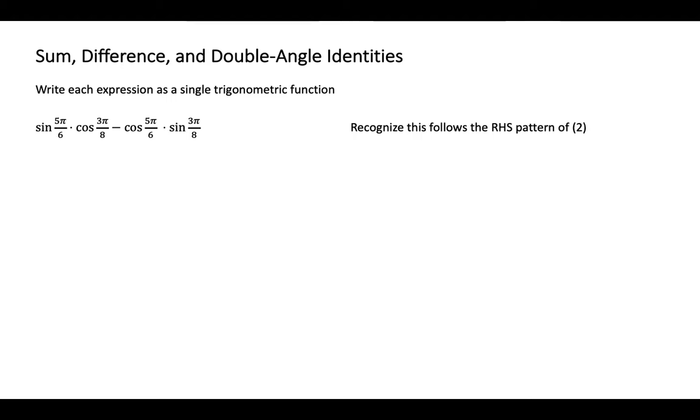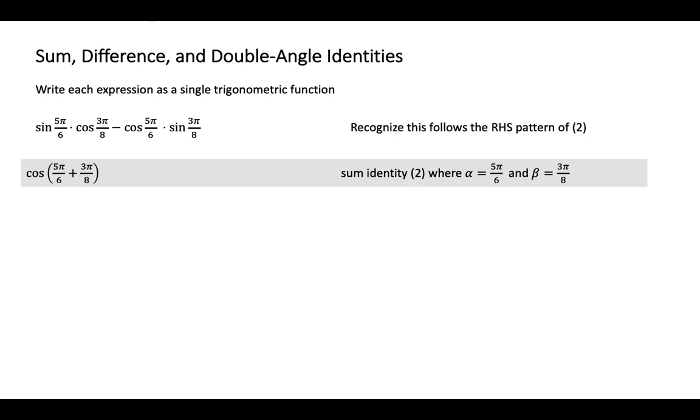So we recognize that this follows the right-hand side pattern of identity number 2. So therefore, cosine of 5 pi over 6 plus 3 pi over 8. So that was the sum identity where alpha plus beta, where alpha was 5 pi over 6 and beta was